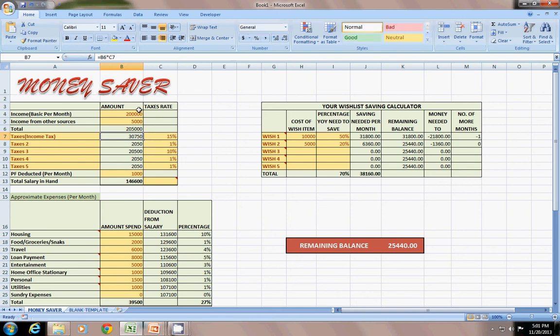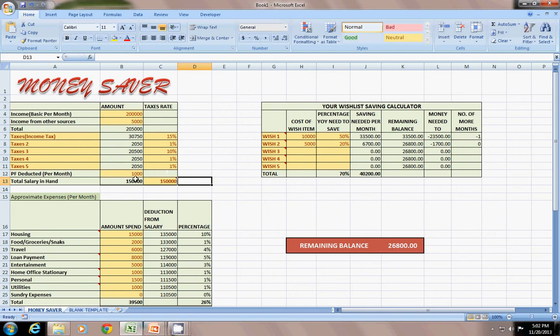It calculates from the total of the basic salary plus salary from other sources. So salary in hand is 14,600. If you don't know the technical details like the tax rates, or you want to directly write your amount or a round figure, you can specify it here and it calculates directly on this.